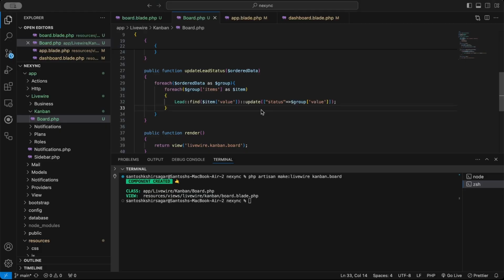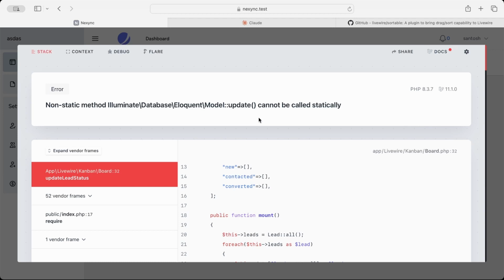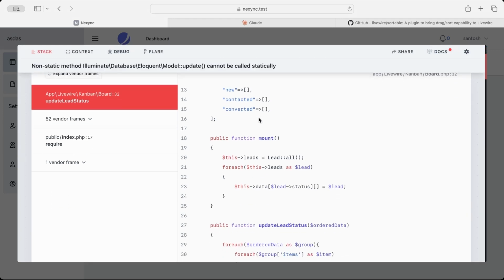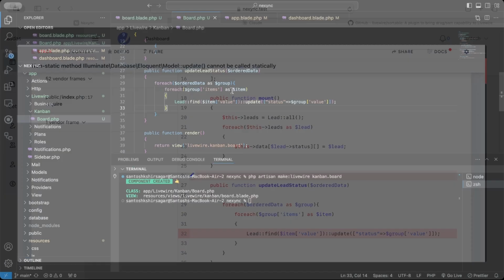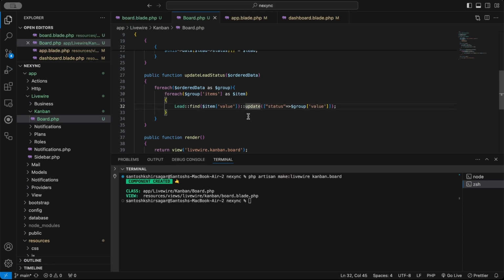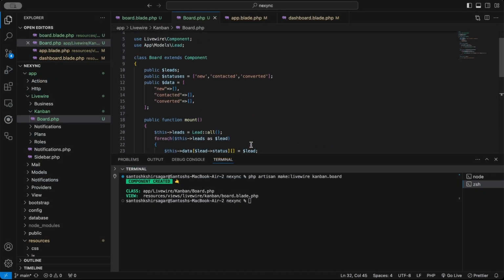So let's see. Now I'm updating this. Okay, there is an error: update cannot be called statically, non-static method. So here it should be like this. Okay, this is updated, I think. Let's see. But the data is not getting updated here,